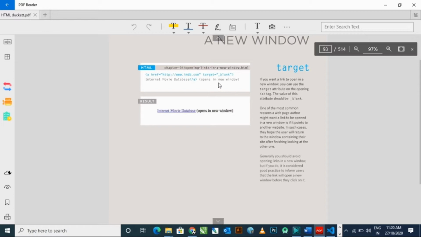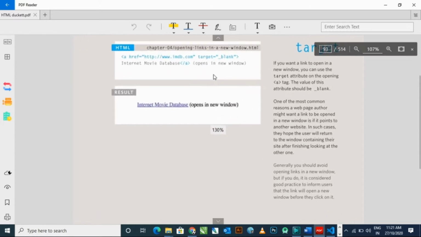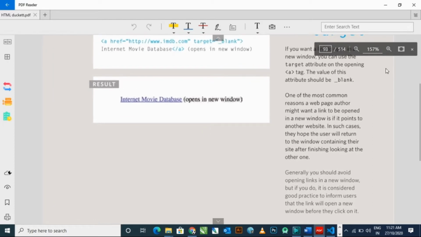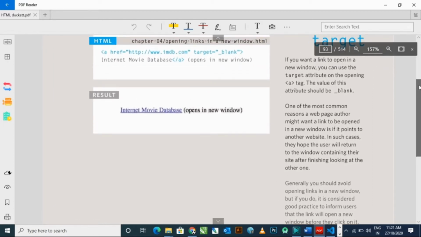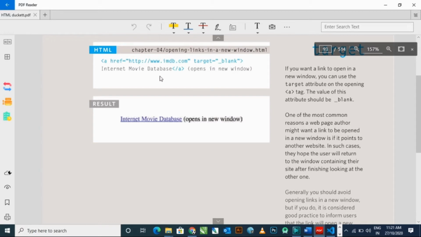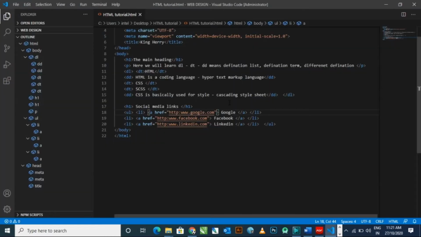This is a target tag you can use to throw your visitor into a new window, but make sure your visitor comes back to your website after finishing. Make sure you mention some good information on your website so that the visitor will come back. Now I am typing the correct path.